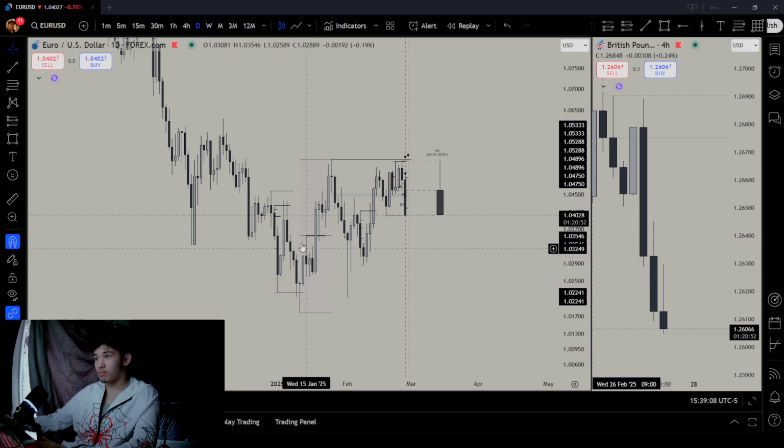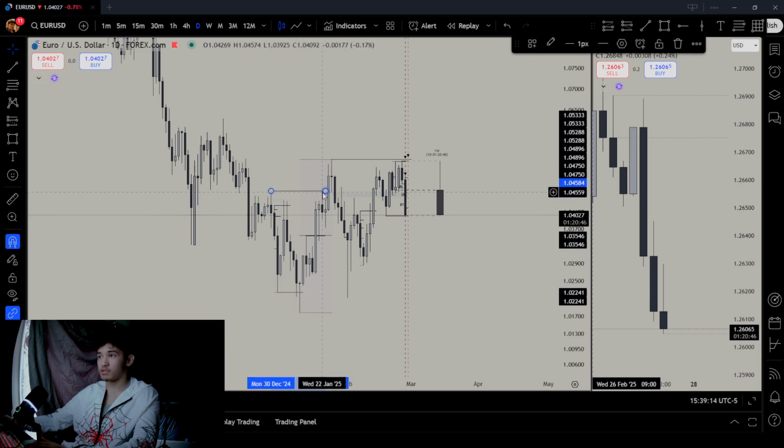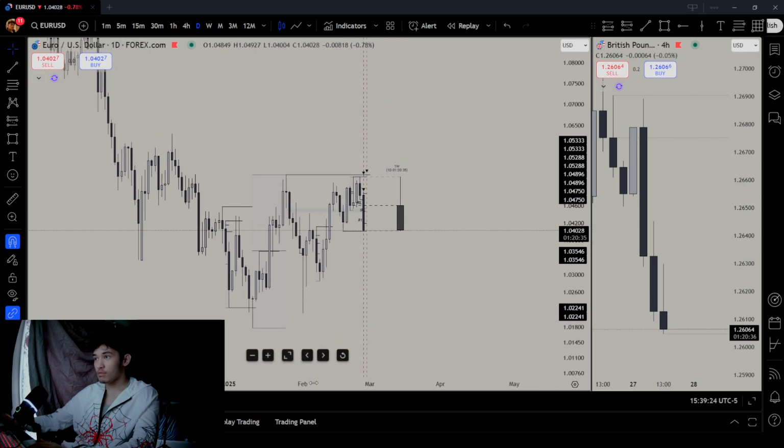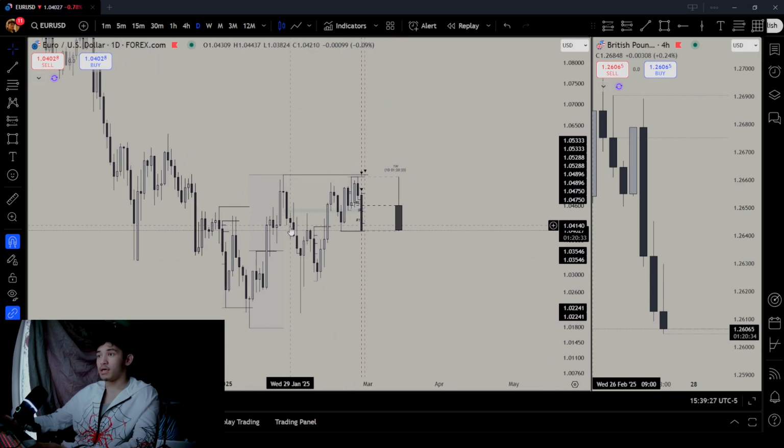Market pressed out a low, pressed out a high, made a stable low, stable high. How come this high was not stable? Because it's a weekly CRT. So market went to this weekly CRT high, back, right? So market made a stable high, stable low. This is premium where you want to sell. You can see premium you want to sell, discount you want to buy, right? You can see right over here, market did a huge